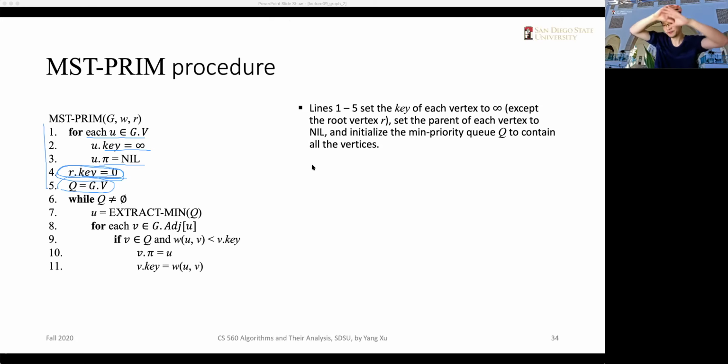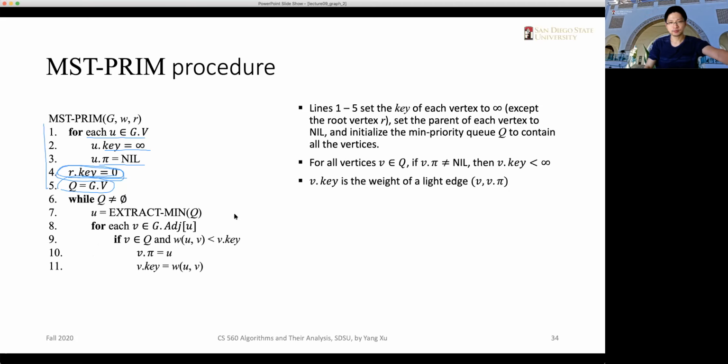Then in the main body, from line 6 to line 11, we can spot two loops. The bigger outside loop is a while loop, so it keeps looping until the queue is empty. As long as there are elements in the queue, we will continue to run the code from line 7 to line 11. So in line 7,